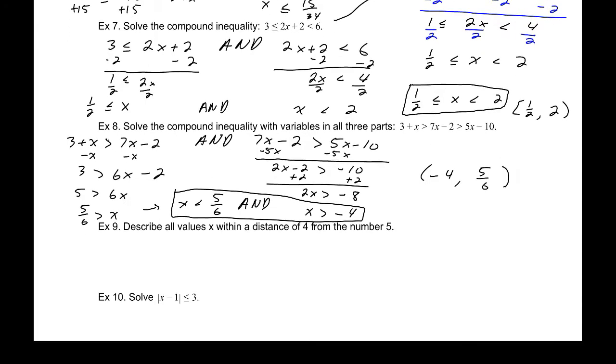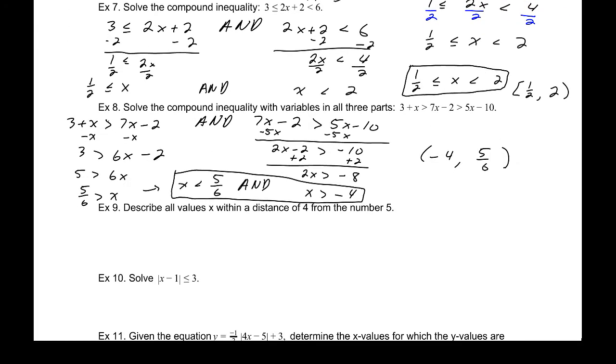All right, number 9. Describe all values x within a distance of 4 from the number 5. Okay, what this means and how I'm going to write this symbolically. Well, the absolute value is the distance from a number to 0. If I wrote the absolute value of x minus 0, that's how far x is from 0. So if I want to know how far it is from the number 5,